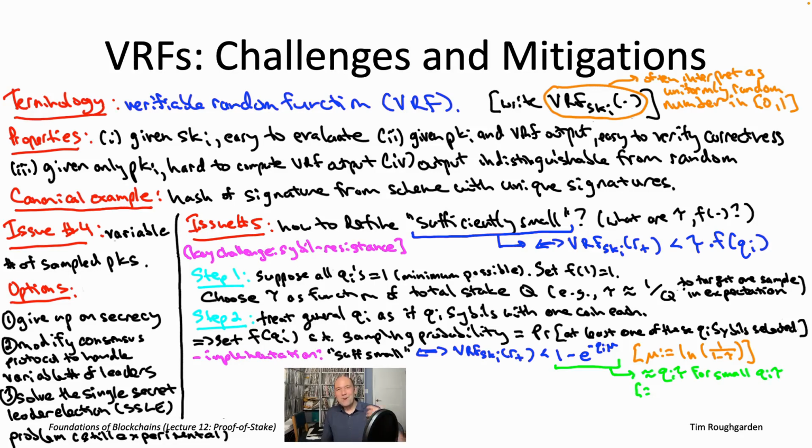So you might remember back when I first introduced this function little f, I said don't worry about it for now, just think of it as the identity function. And now you can see why I told you to think of it as the identity function, which is as long as tau times the stake amount q sub i is small, then in fact the right-hand side is quite well approximated by just tau times the stake amount. So that would be like having the function little f equal to the identity function.